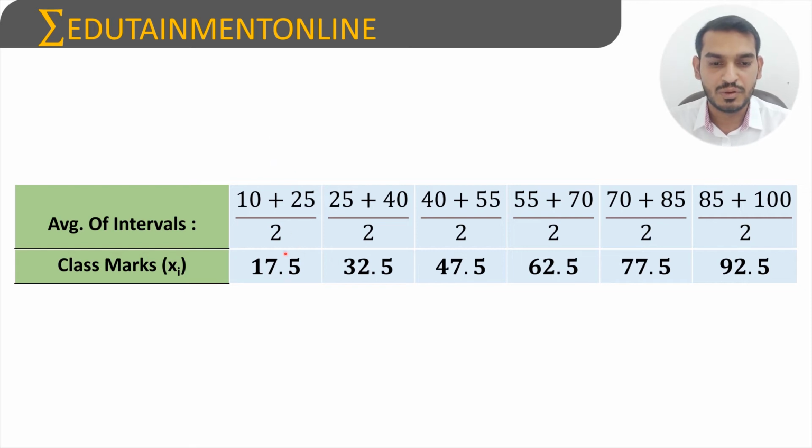Now to take the middle term, we will consider the third term and the fourth term as the middle terms. So we will take any one term as the assumed mean. You can assume any class mark as the mean, but if you assume a middle term, that will be easy for calculations.